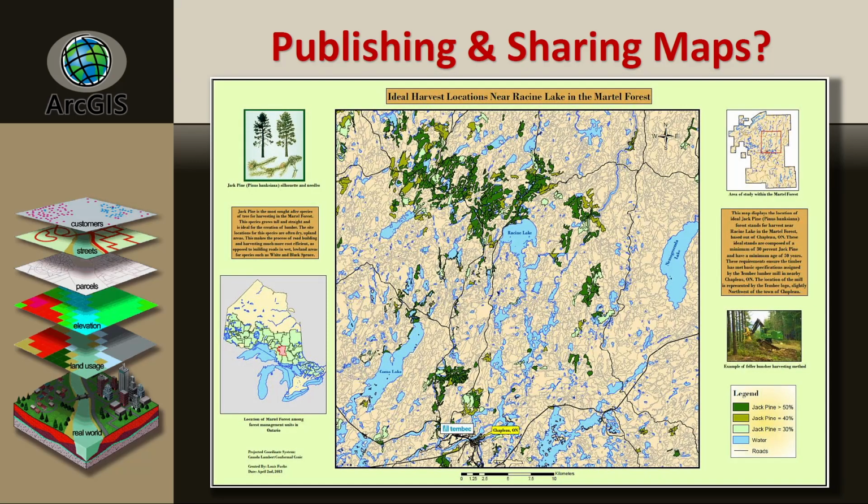Here's a forestry one, harvest locations near Racine Lake in the Martel Forest. When I think of forest resource inventory data, quite often I think about a spaghetti factory of line work, because there are so many different forested types and they're divided up by so many different attributes like age and height and species composition and vertical structure and horizontal structure and crown closure and all of these things, right? Soil moisture regimes and ecosites, and the list goes on. And really, how do you figure out what you're going to harvest, and how do you present your data in such a way that you're not presenting a spaghetti factory, right? Anyways,